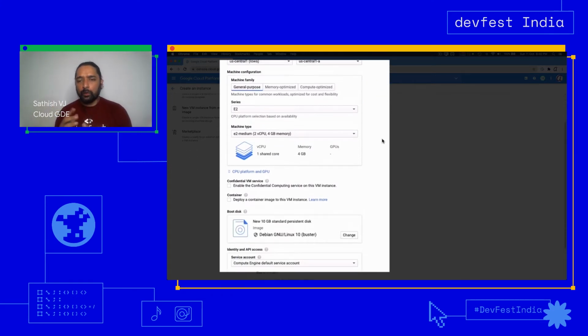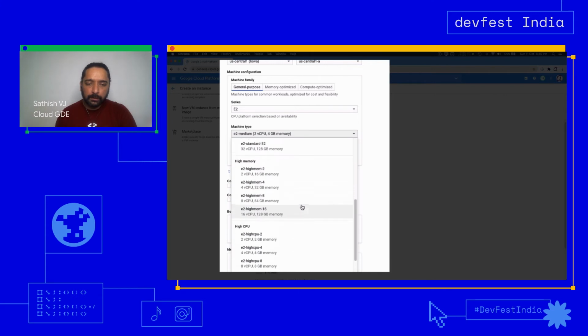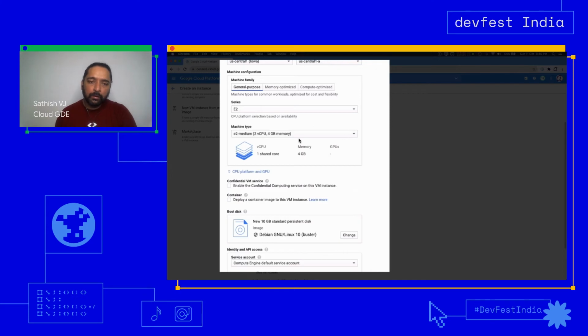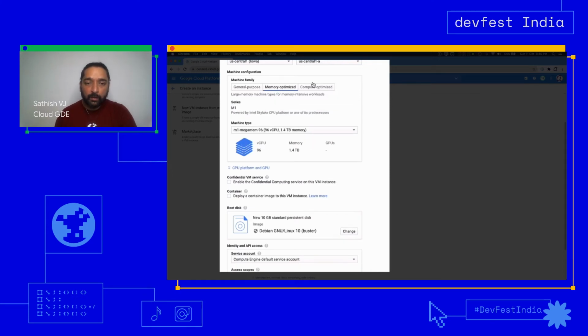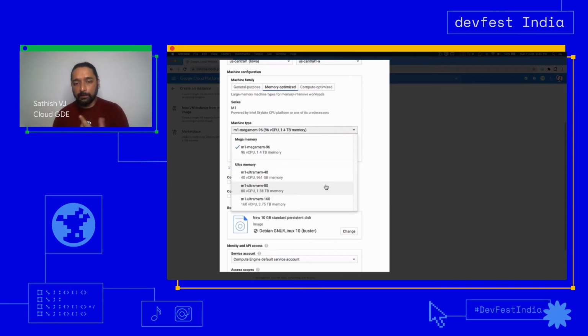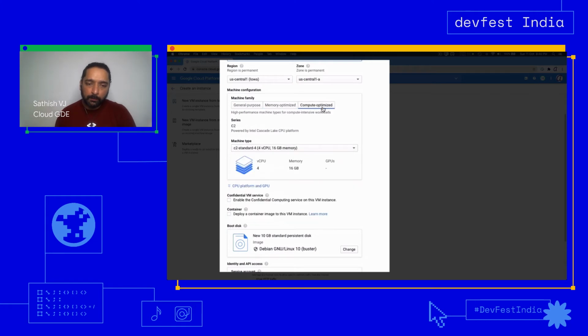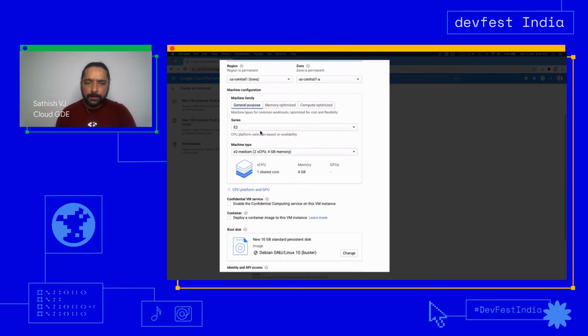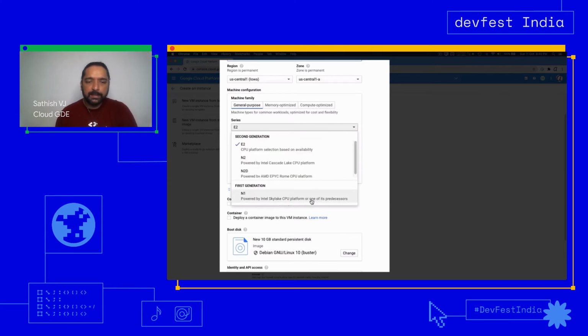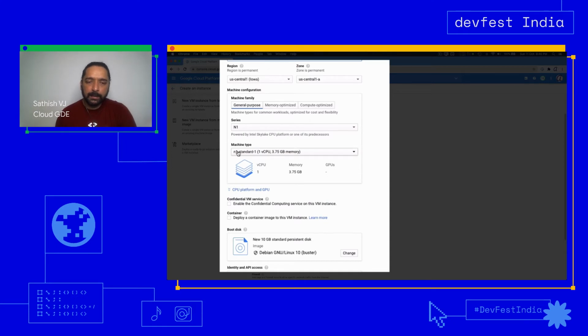We did talk about what is a machine shape, right? It's got so much storage, it's got so much CPU, and it's got so much network. Here is where we can choose the kind of machines that we want. Do we want machines with a different amount of memory, maybe, or different number of CPUs? That is very much possible. You could also choose machines that are more memory optimized or compute optimized. Memory optimized machines will have a larger ratio of memory to CPU, whereas in compute optimized machines, the ratio of CPU to memory will be larger. For our simple example, let's just choose a very simple one. Let's say we take the N1 family of machines, and within that N1 standard